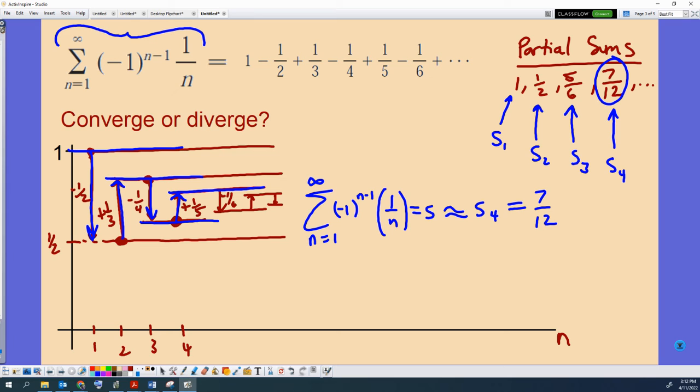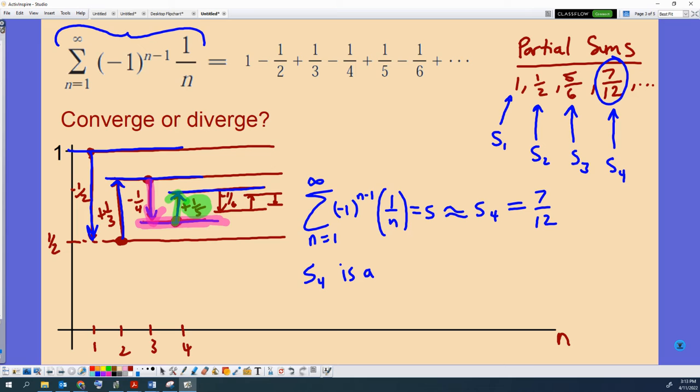If you want to know how good that is, there's a couple ways to think about this. That S4 comes right after we added the fourth term, which was the -1/4. So it's right after this stop right here. That's the 7/12. And if you look at the very next term, it's +1/5. We know that the correct value for S is somewhere in between here. So it's definitely within that 1/5 of our estimate, 7/12. So what we can say, and this is the alternating series error bound,